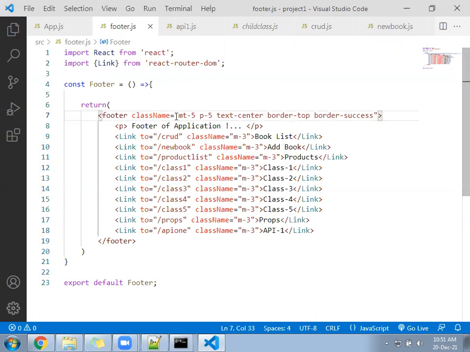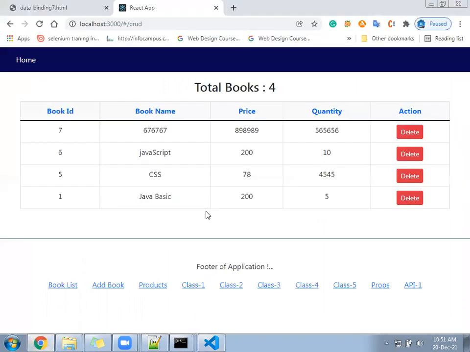Sufficient space will be there. So from the top also some space got applied. Okay, so this will be okay to manage.